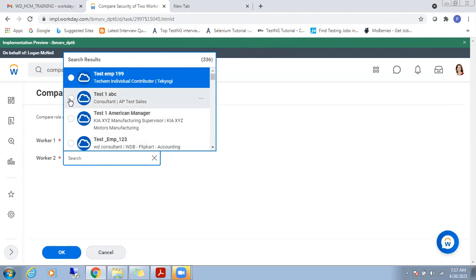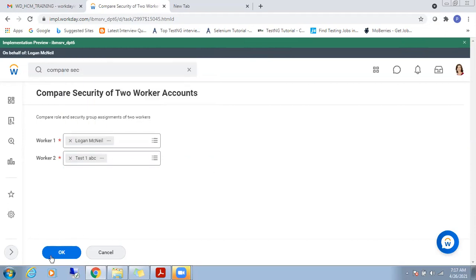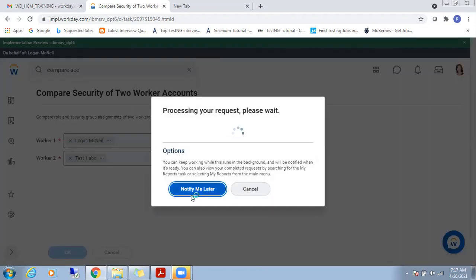Let's see. These are the users, test users that were created by some other person. So let's see if it will come, let's say from...